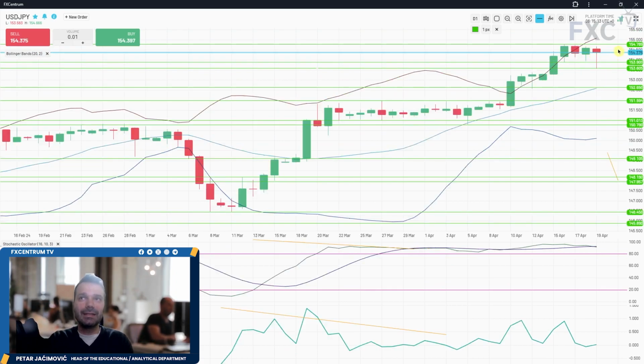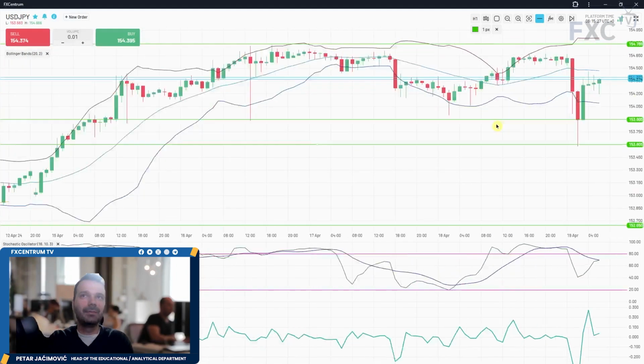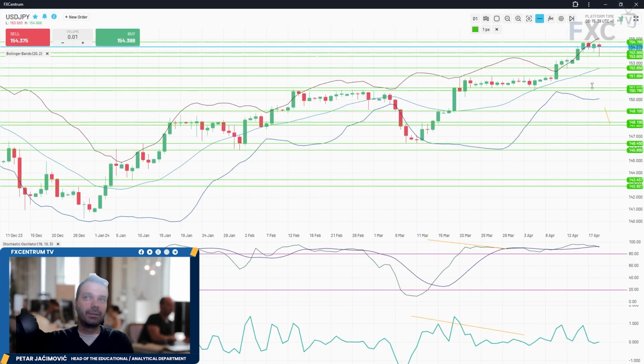And in case of the rebreak of 154.80, there will be a chance for further upside. And then the next target will be around the 160 mark, short-term, mid-term speaking, on the USD Japanese yen. Let's take a look at the hourly time frame. So we can see market trade around the lower Bollinger Band, upper Bollinger Band, sold off aggressively, but now we have potential absorption. If market can absorb, hold this down move, there is a potential for the bigger upside movement